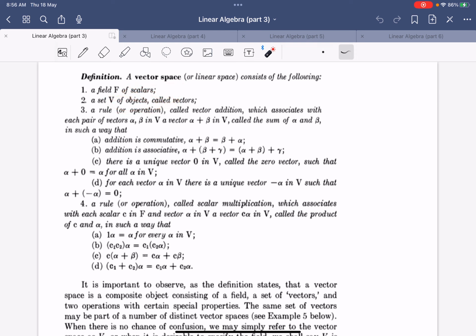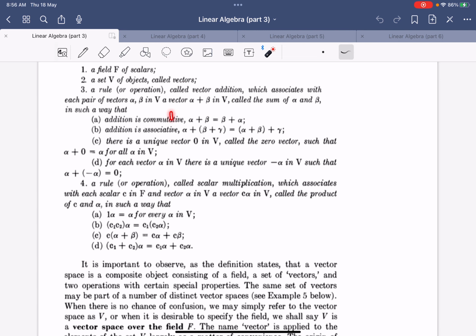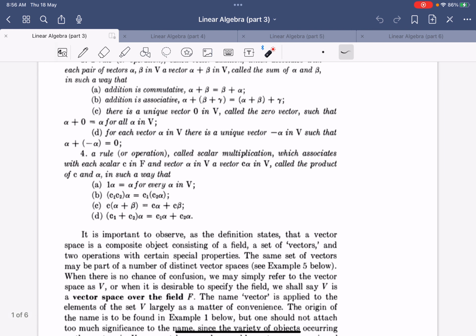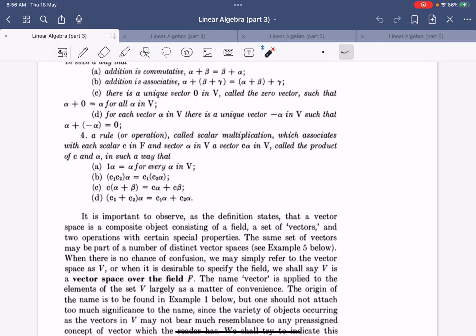And then you have an operation known as vector addition, where it is commutative, associative, and there's an identity to this operation known as the zero vector. And there is also an inverse which is unique to this vector for this operation. And this really means that this is an abelian group under addition. And then there's another operation that you add to it known as scalar multiplication,